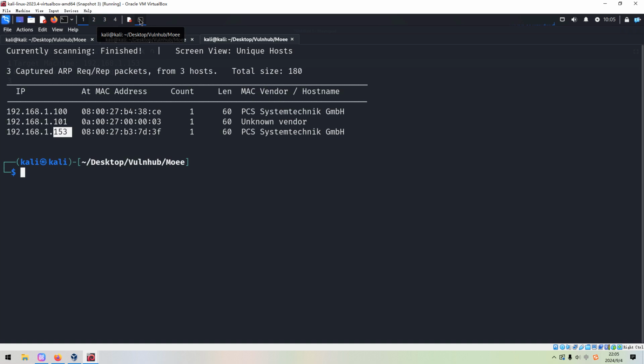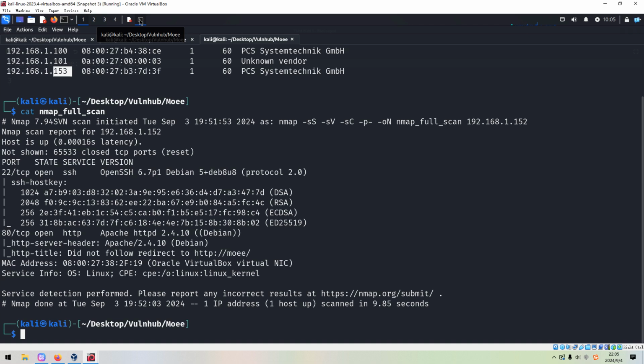Next, what are we going to do next? We need to do the port and service scanning with Nmap. To save time of this video, I've already completed it before, so for now, we just cut out its result. As you can see over here, I use the options like SYN scan, the version scan, the default script scan, followed by -p- to do the full range port scan.